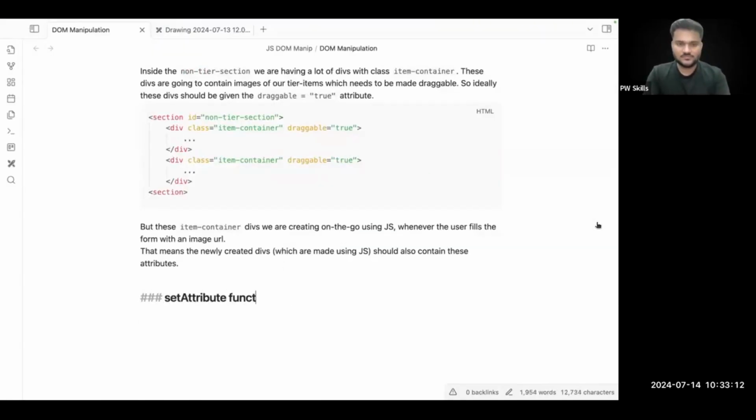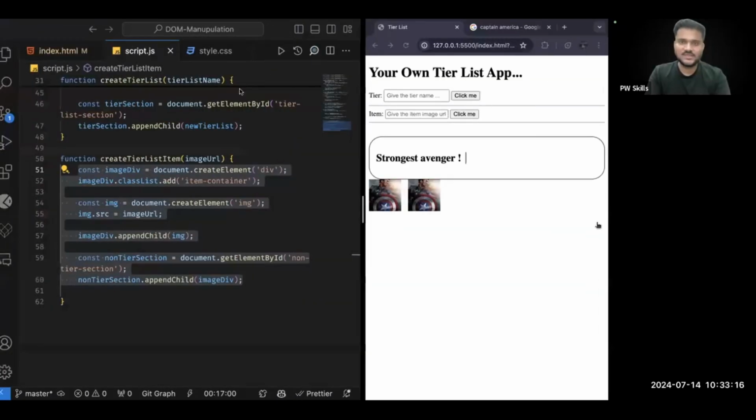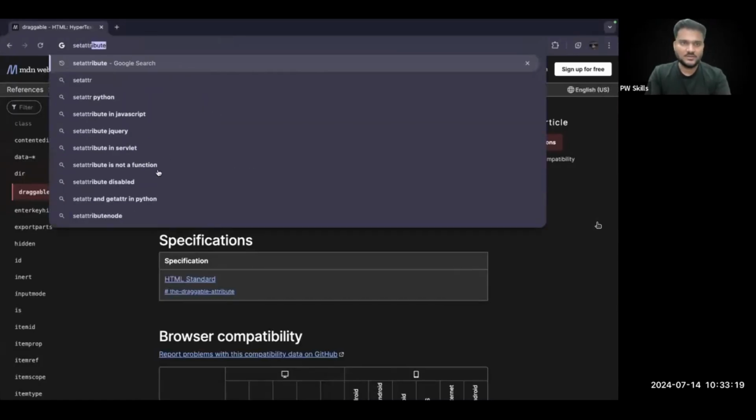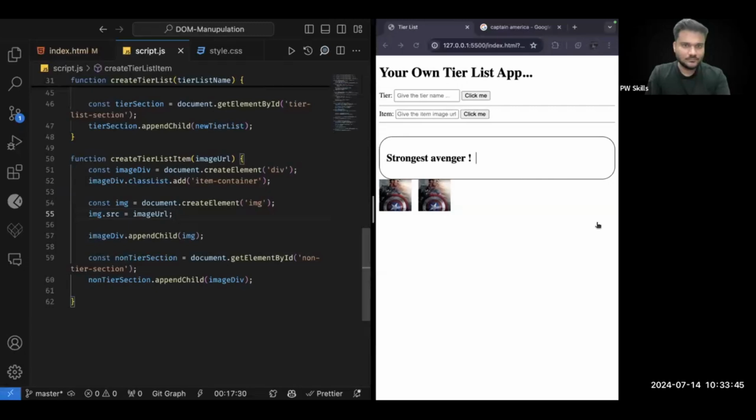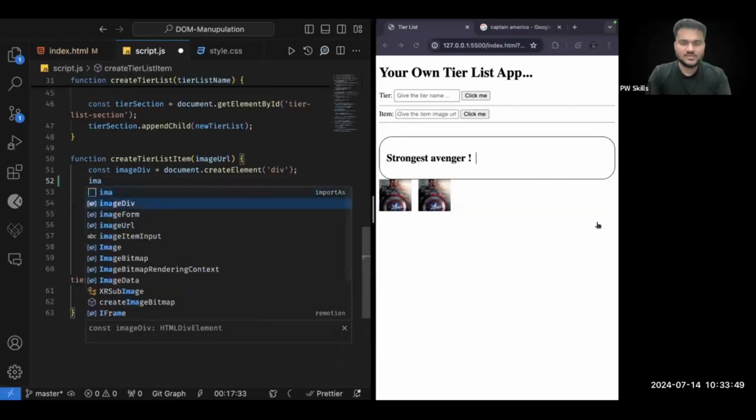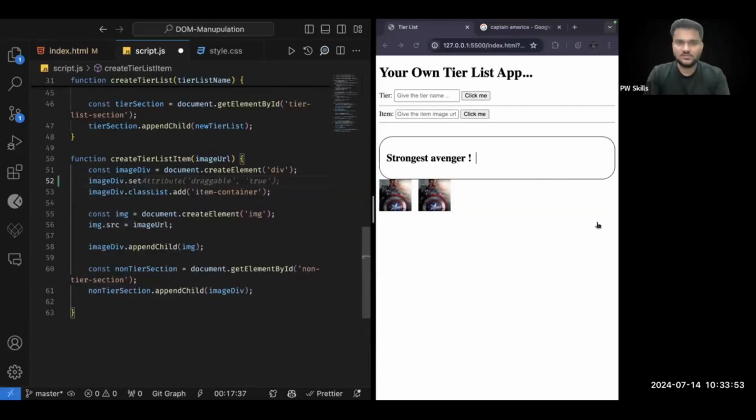There's a function called setAttribute. Let me very quickly show you. On any HTML element, you can call getAttribute or setAttribute. When you call getAttribute and pass the name of the attribute, it will return the value of that attribute. And if you call setAttribute with two parameters, name and value, then whatever name you mention, it will add that attribute and give the corresponding value. For example, if here I say imageDiv.setAttribute draggable as true, the moment I save it,